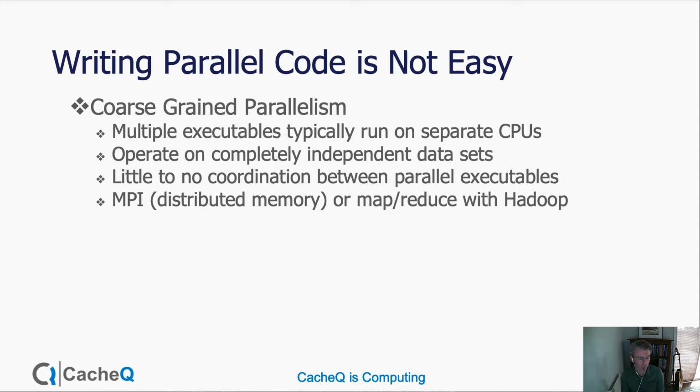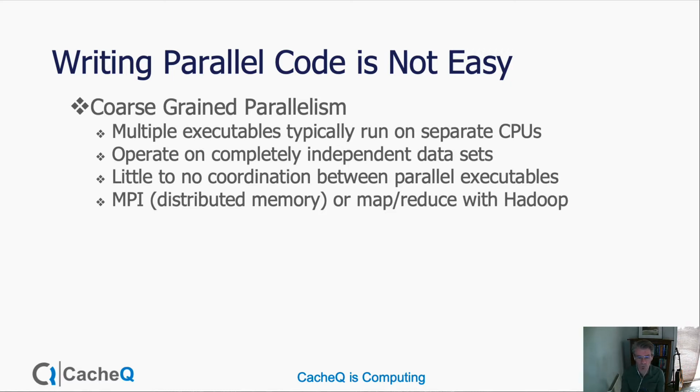There's generally a couple of types of parallelism, and I'll loosely define them. The first one would be coarse-grained parallelism. This is typically where you have multiple executables running on separate CPUs, and they are required to operate on independent data sets, and there's not a lot of coordination or communication between these parallel executables. Again, this requires the user to pretty much architect their code and rewrite it in a special way using special APIs such as MPI. MPI stands for Message Passing Infrastructure, which works on a distributed memory model,